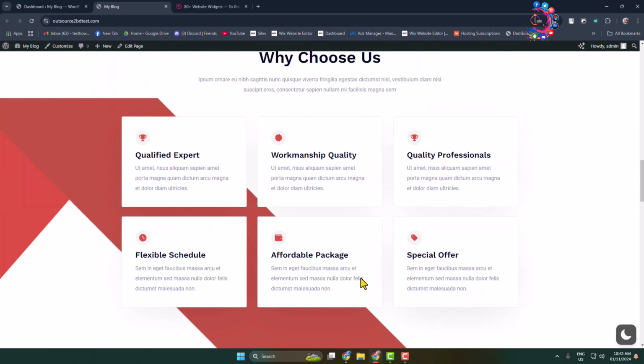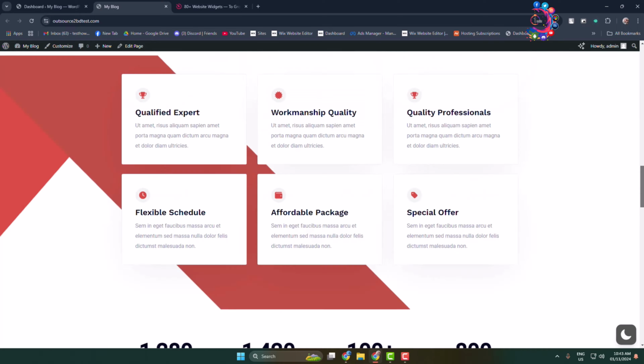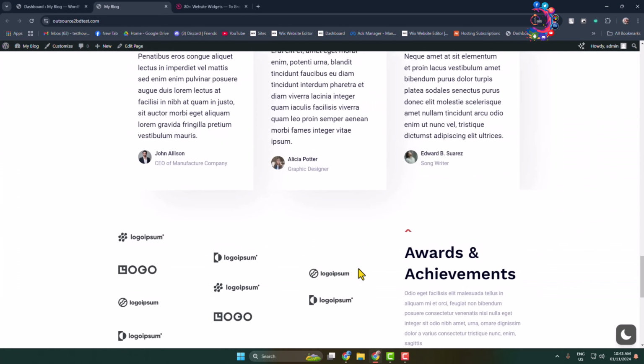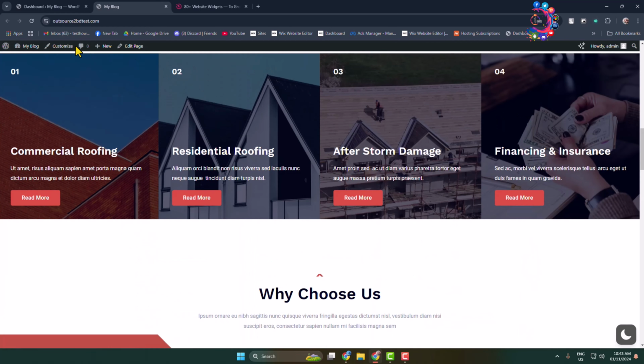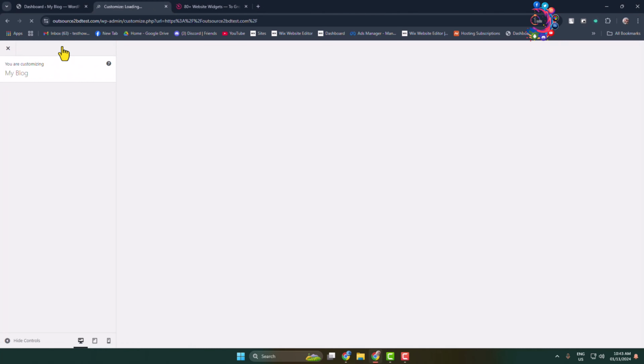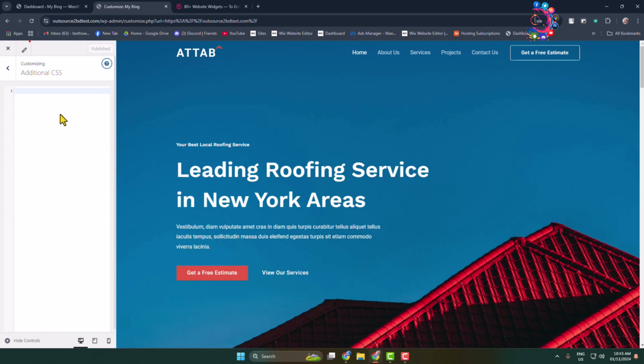Now we can see this section and these sections are light mode. To make these sections dark mode with CSS code, all you need to do is open your WordPress website and click on customize. And now in this left hand menu, click on additional CSS. And now keep this